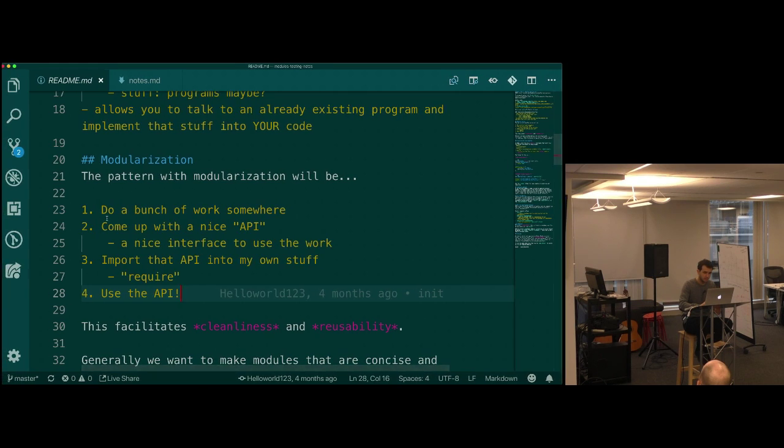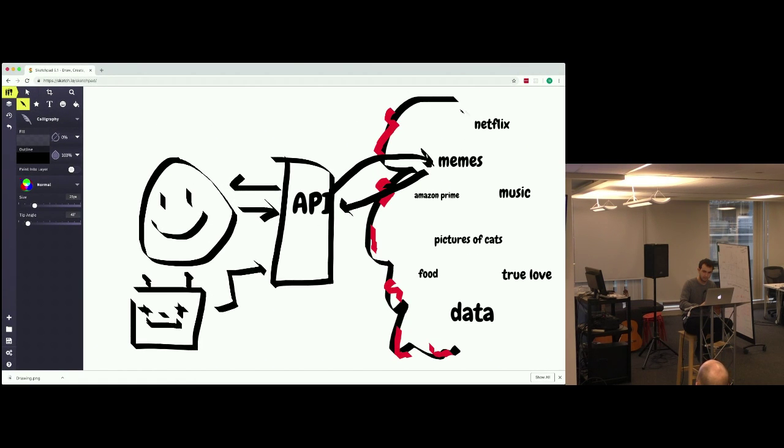So here in this picture over here, somebody put a bunch of work into creating a data set of memes and Netflix and Amazon Prime and pictures of cats or whatever, right? Somebody put in all that work, and then they came up with a nice method for interacting with it easily.